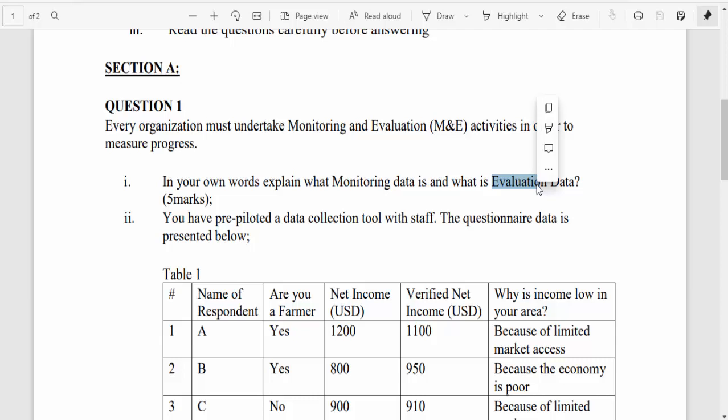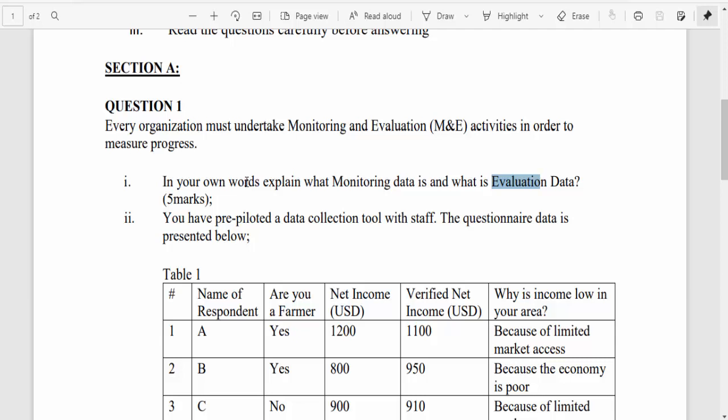So the way I would answer this question is that I'll first start by defining data as the raw form of the facts that you collect with regard to indicators on the logical framework of a project.